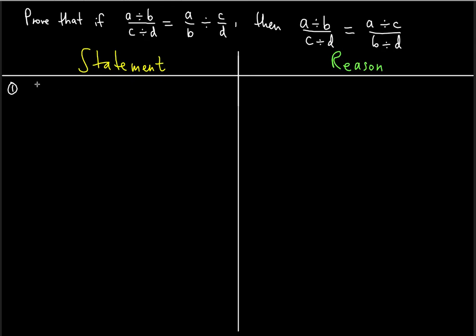The given statement is A divided by B being divided by the quotient of C and D, and that is A over B divided by C over D. Okay, and the reason for that is obviously given. Now the second statement,